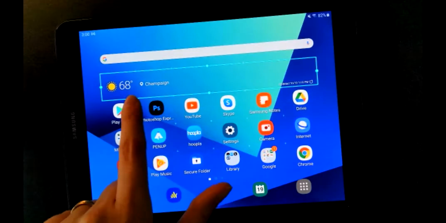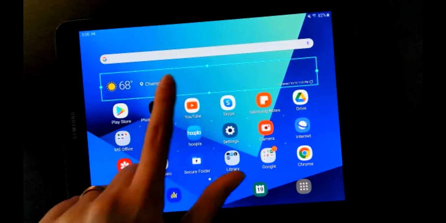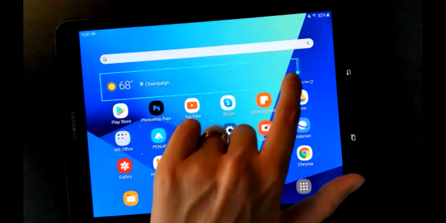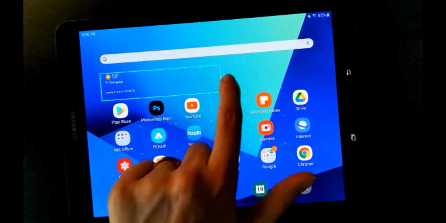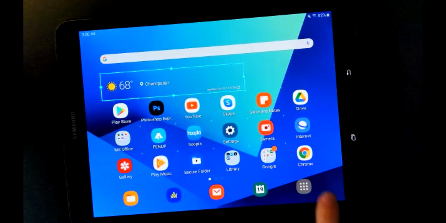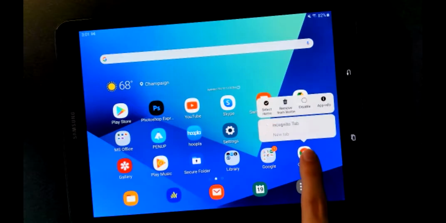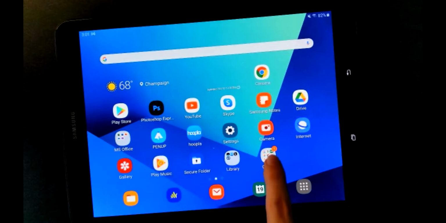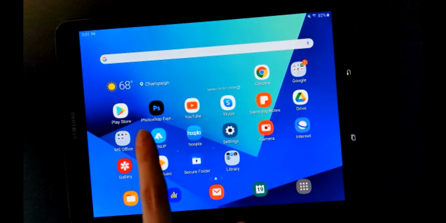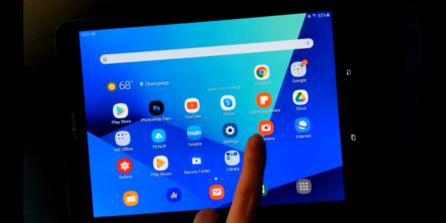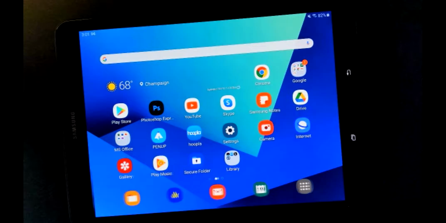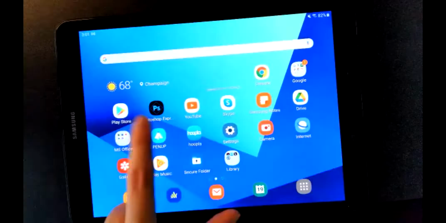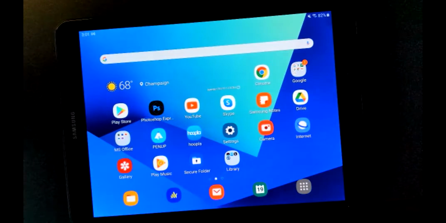Okay, so that looks like a 4x1 since it's taking up a large space. Let me see if I can lower it. Oh, that's kind of cool. You can change the size, so then I can maybe put some other apps up here. And of course, this will rearrange all the apps that you already have on your device, so keep that in mind as well. But you'll see up there, I have my weather, quick access to what temperature is, and